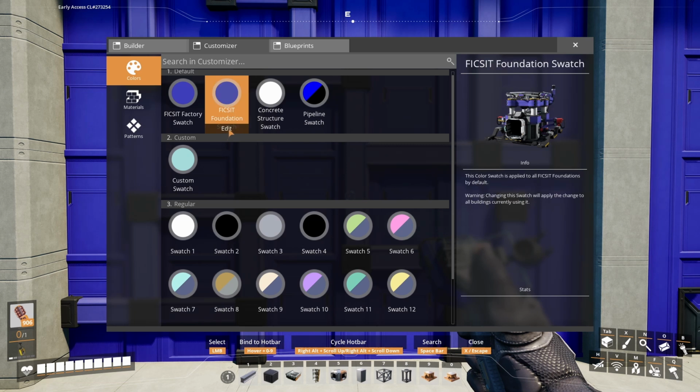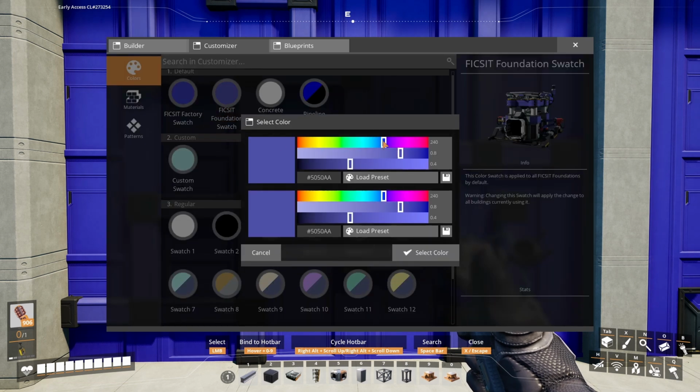Then I'm going to change the other one, middle between yellow and red, which puts us around here. I think it's actually a 30. So if I go 30 here,